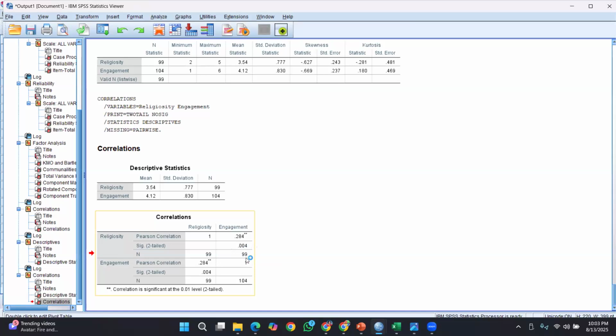Next, here of course you have to first say that religiosity is positively connected with engagement, where the Pearson correlation of 0.284 is statistically significant.